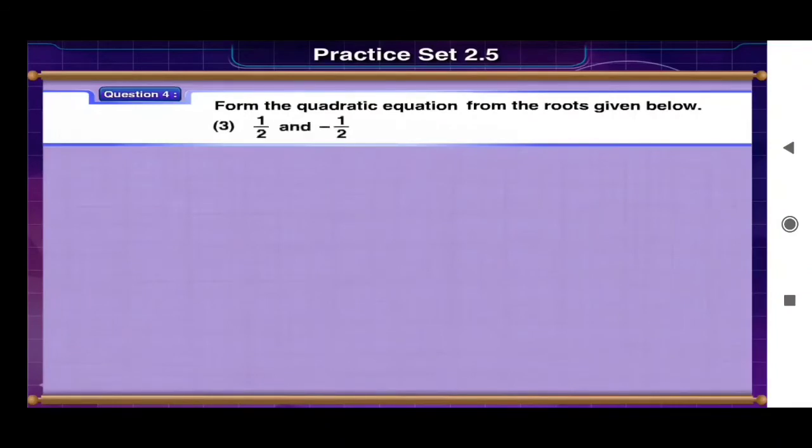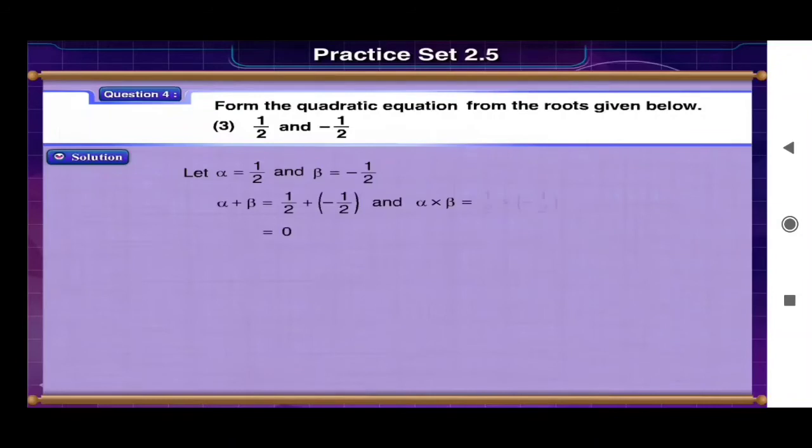3. 1/2 and -1/2. Let alpha be equal to 1/2, beta be equal to -1/2. Alpha plus beta is equal to 1/2 plus (-1/2), that is equal to 0. And alpha into beta is equal to 1/2 into -1/2, that is equal to minus